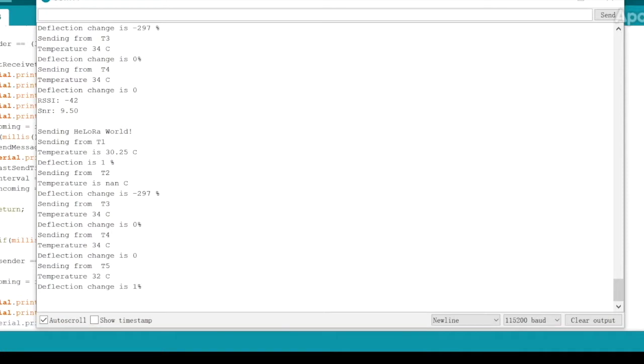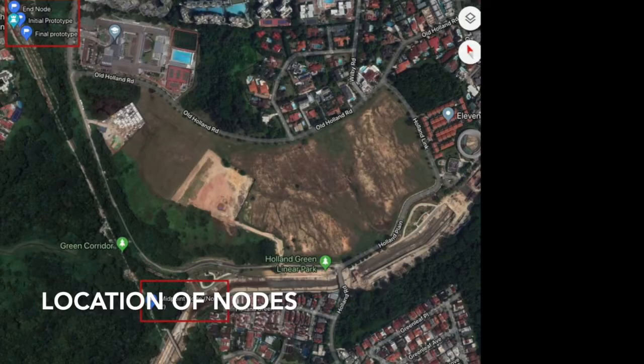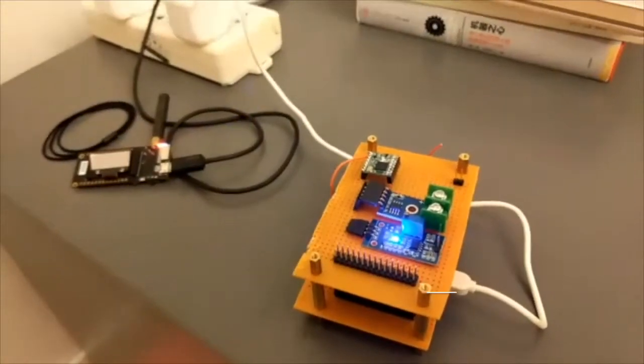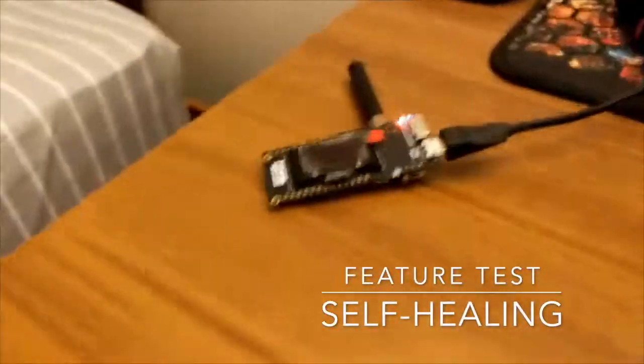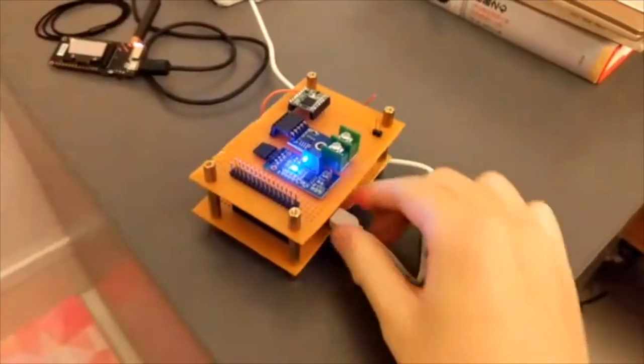Now we can see that all information from the other nodes are collected by the end nodes. Our communication network: this is node 1, this is node 2, and this is node 3. They are communicating to each other. Now I will switch off node 2.